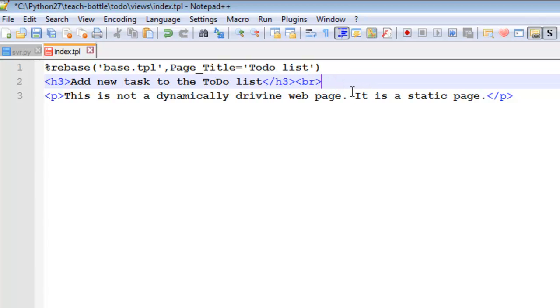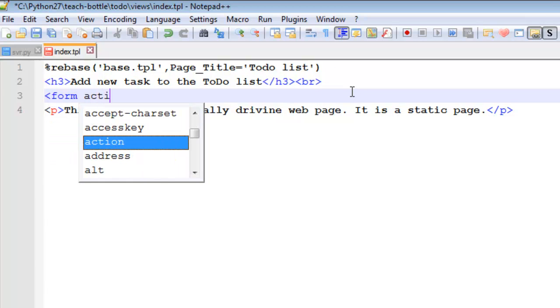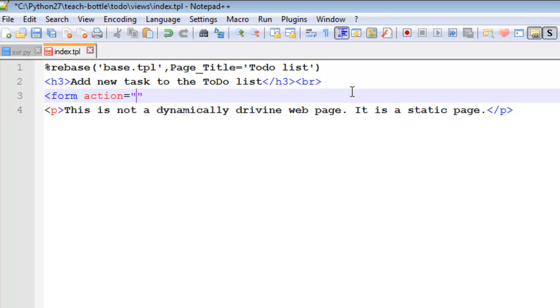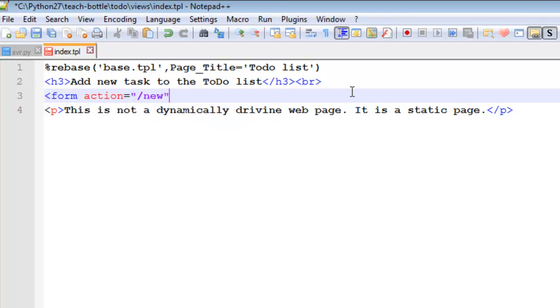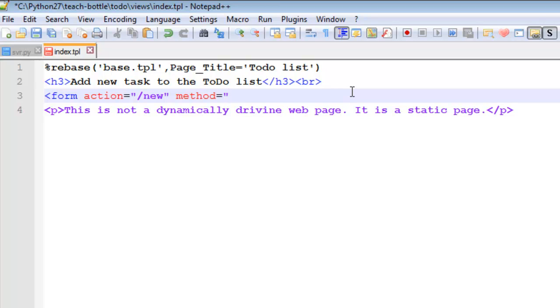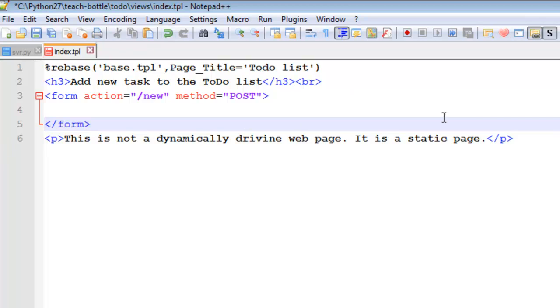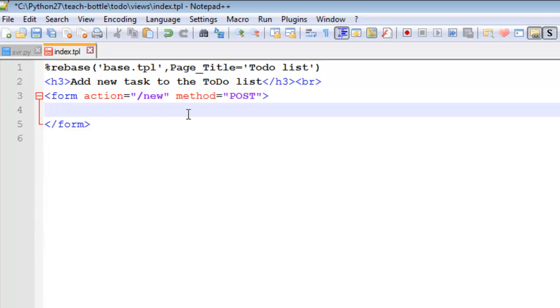Now we create our form, action equals new, method equals post. Okay, so we close that, remove this, delete it. Okay, so form, we got